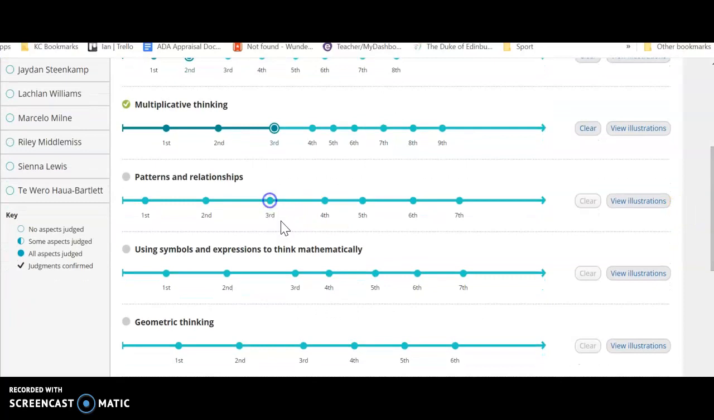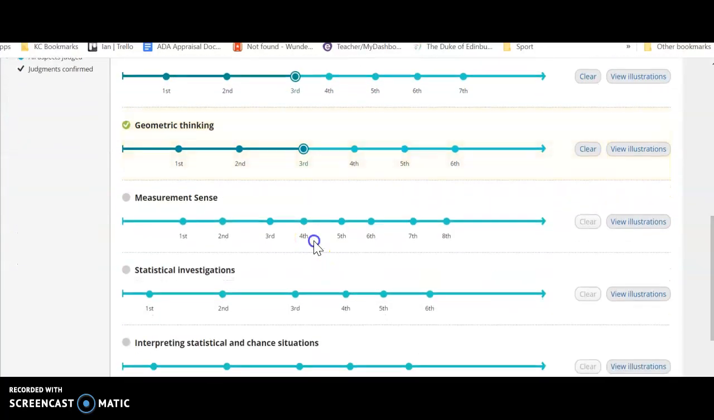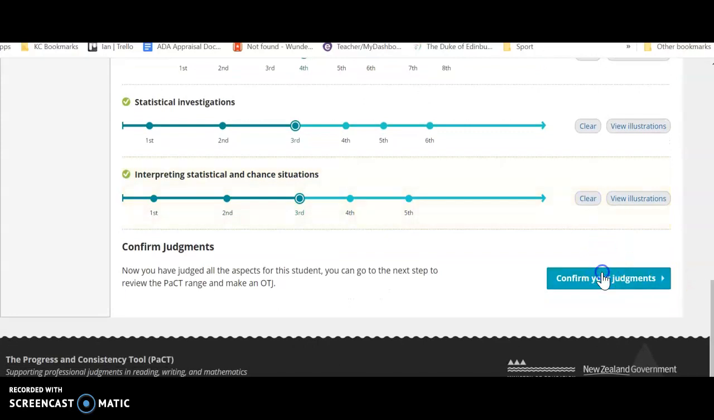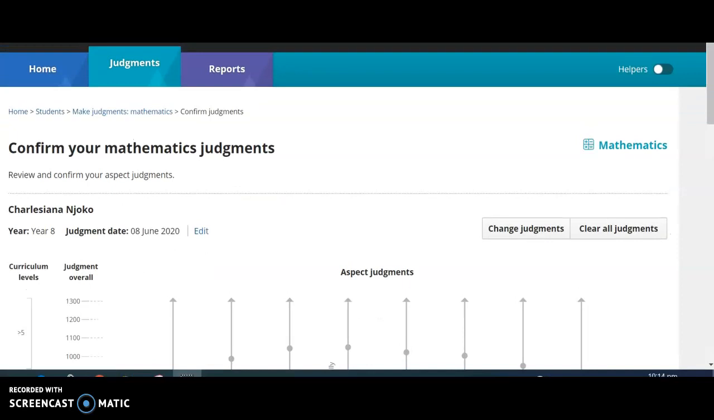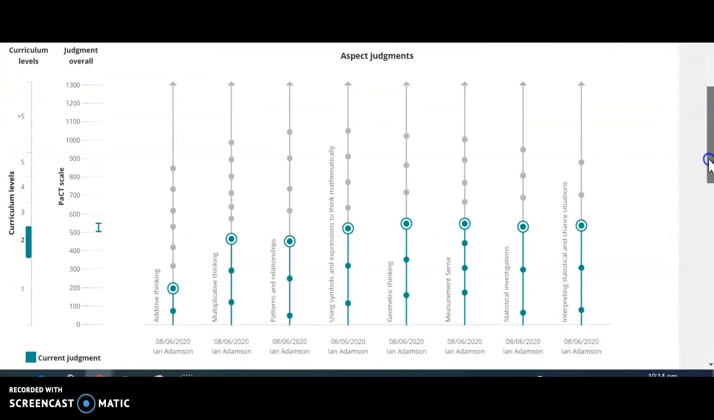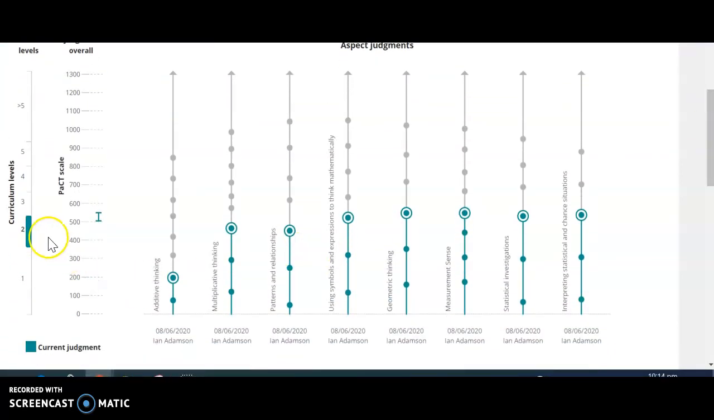If you just click on any of the levels, just so you can get that graph, and then confirm your judgment. It'll bring you to that map, and then you can kind of have a look at that a little bit more